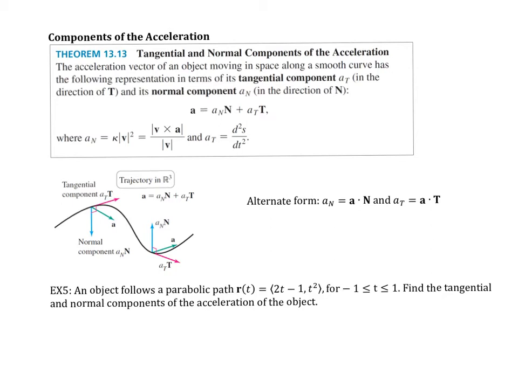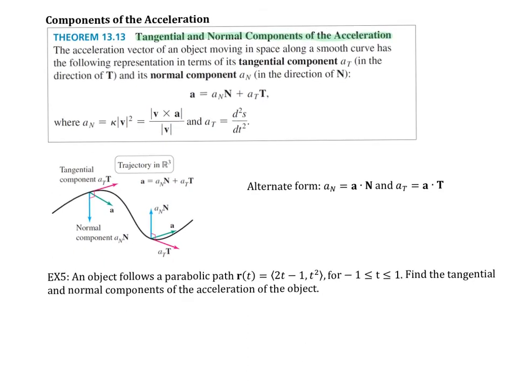The next thing we're going to talk about is our acceleration vector. One thing we can do with our acceleration vector is break it down into the addition of our tangent and our normal vector. So we're going to have tangential and normal components of our acceleration. The acceleration vector can be any magnitude or any length. So when we break it down into the addition of the normal and the tangent vectors, we're going to have this coefficient a sub n on our normal vector and a sub t on our tangent vector